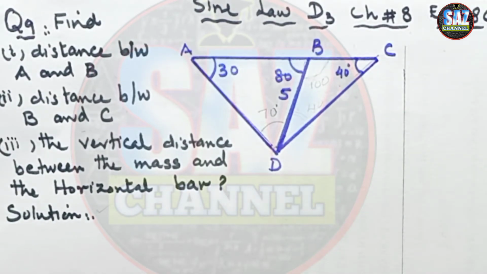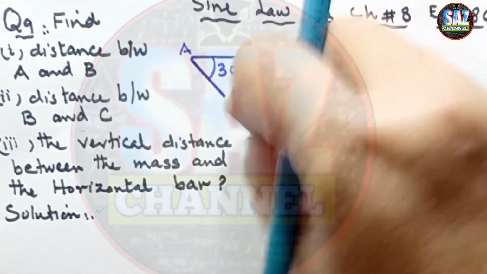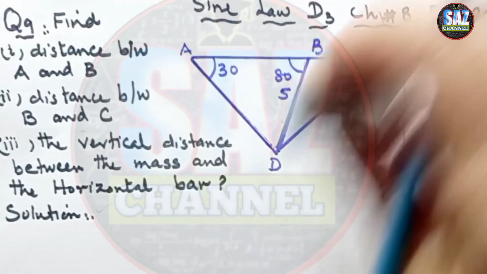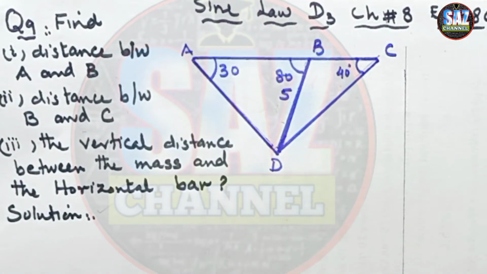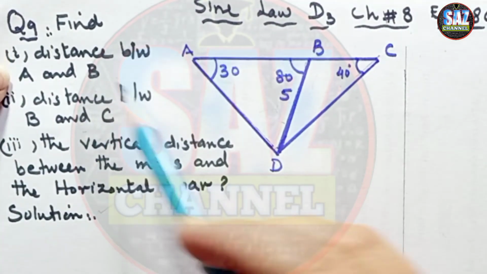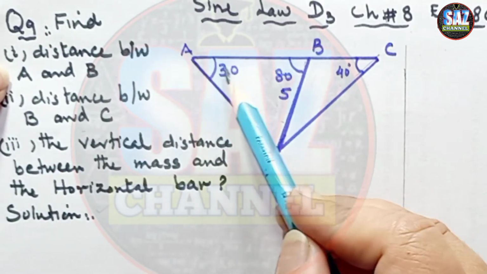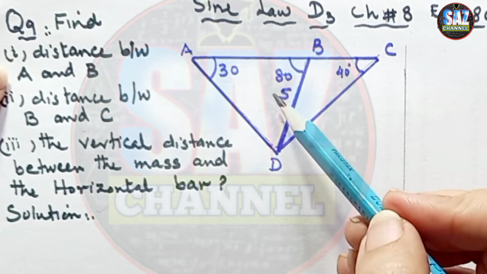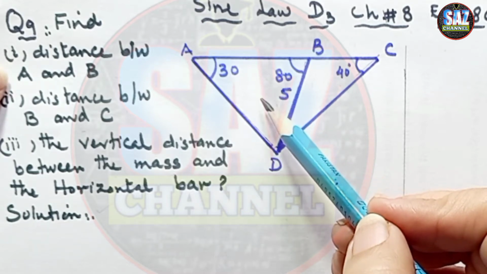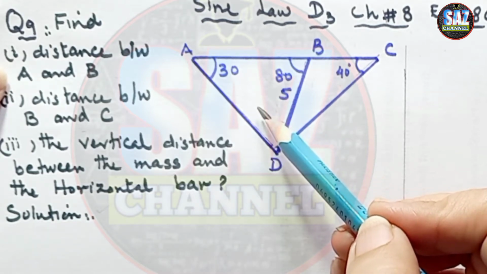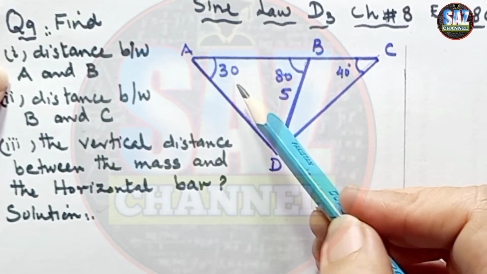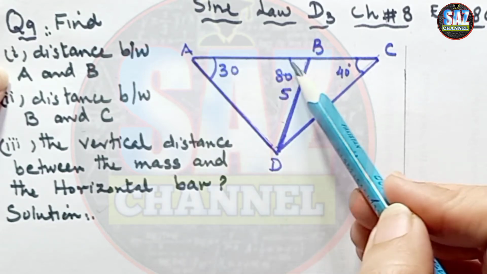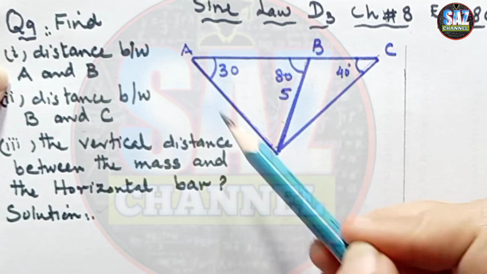Now let me move to the actual solution of the question, and for some time let me erase all this working. The first requirement of the question is the distance AB. Look at the diagram, because the figure is a composite figure, you have to first identify the area from which you can find out that unknown of the question. In order to find AB, you have to take the triangle ABD.